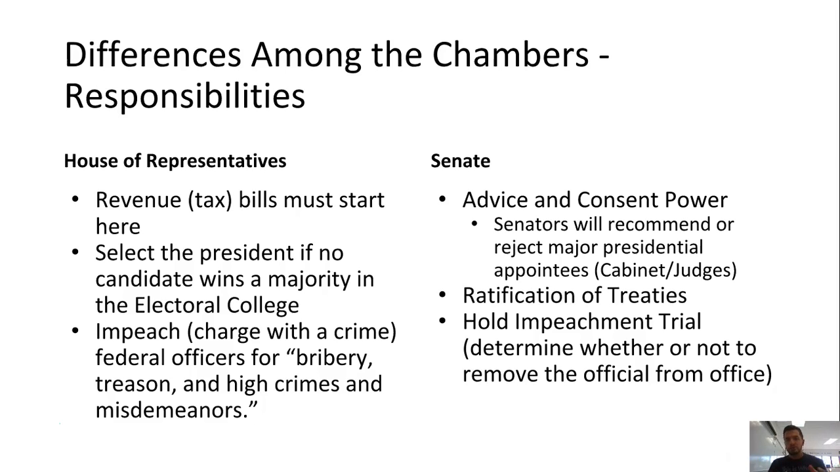So they don't have to deal with them for a very long time like you would in the Senate. The other thing they do is they select the president if no candidate wins a majority in the Electoral College. And that's really important just because the Electoral College, especially a lot recently, has been really heated battles. So the House of Representatives could actually end up selecting the president, and there's really not very